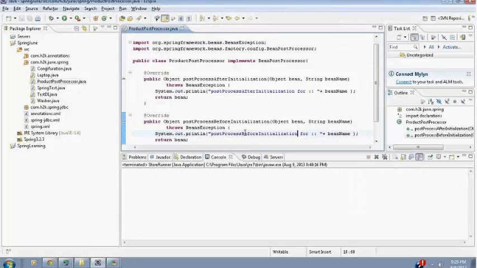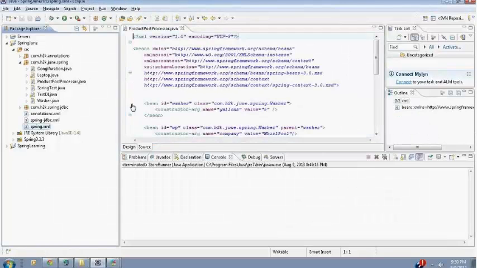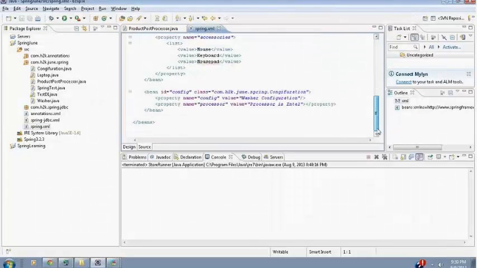If it is a POJO, if it is a Java object, it can also be called a bean. So even a bean post processor is a bean, right? So you can use Spring XML to initialize this post processor. There is no new logic for that. You can always declare something like this. Just create a bean, and then declare the class and mention this